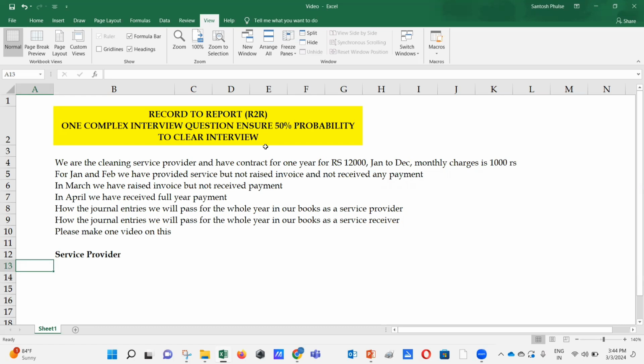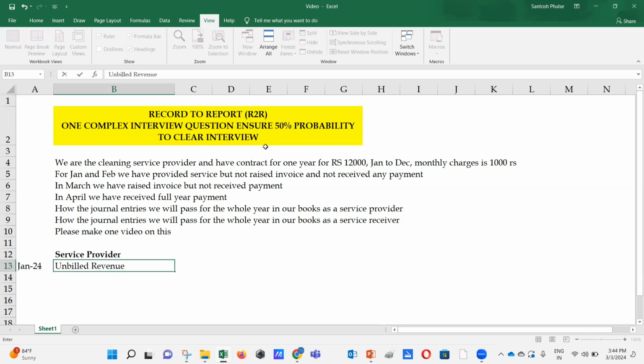So the first entry is going to be for Jan 24. That's going to be your unbilled revenue, that's an assets account going to debit, to the next is going